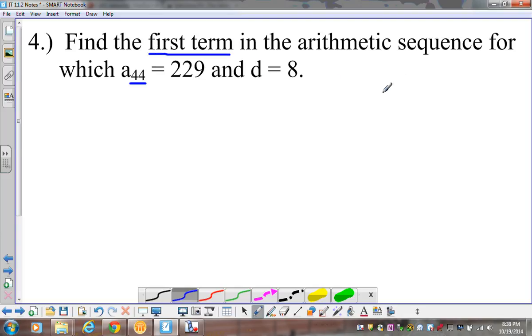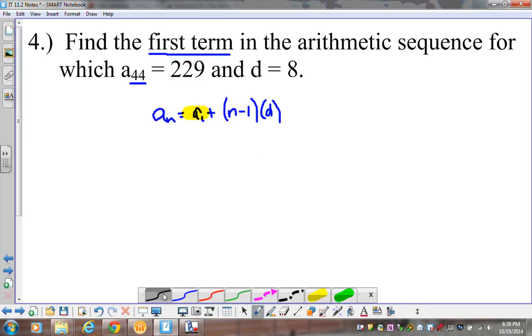So once again, I'm just going to write out what my equation is supposed to be. a sub n equals a sub 1 plus n minus 1 times my common difference. In this case, we have to use different pieces. They give me my 44th term. I'm looking for my first term, which is here. I don't know what's going to go here. However, they do give me my 44th term is 229,